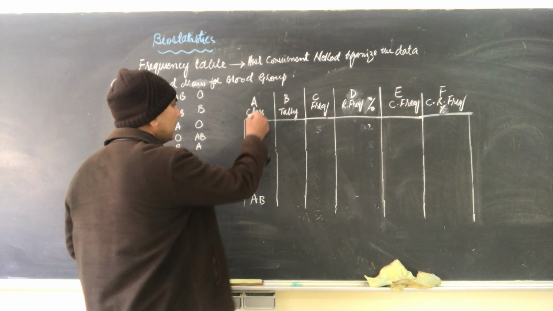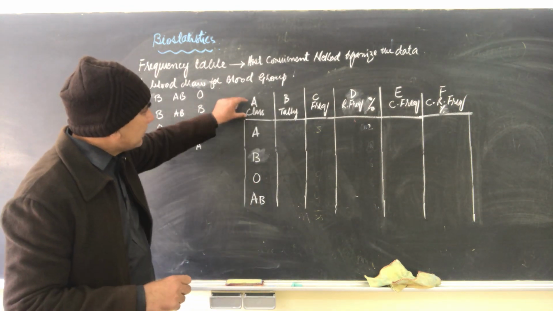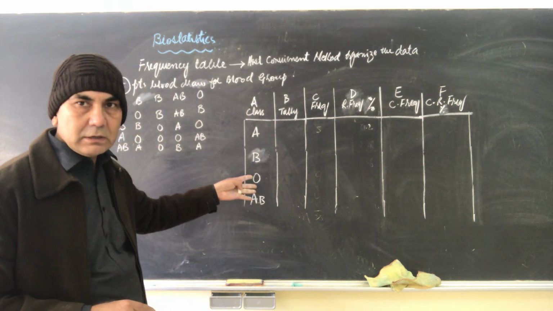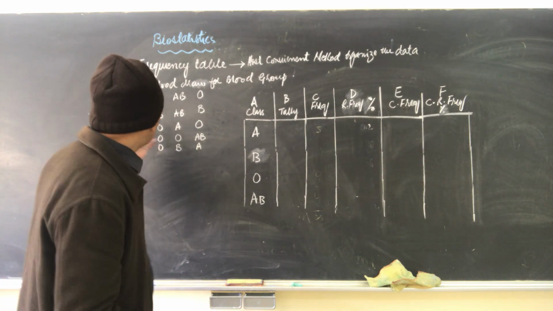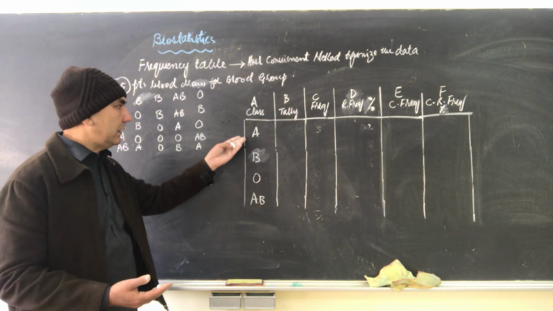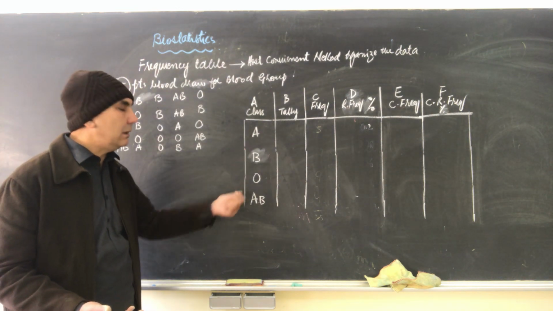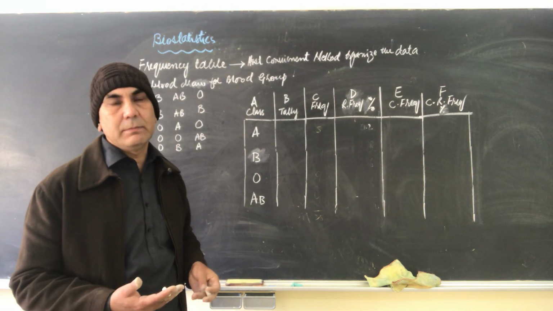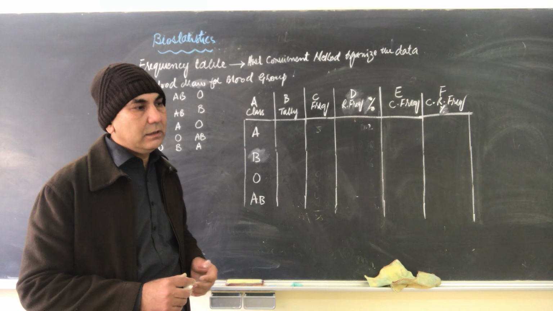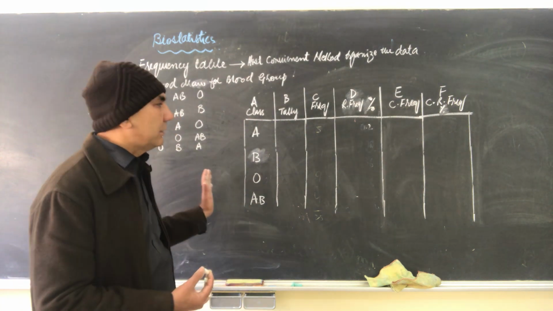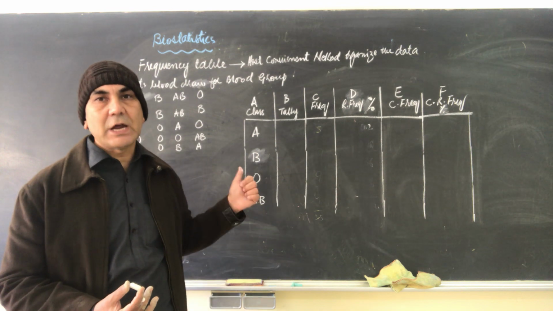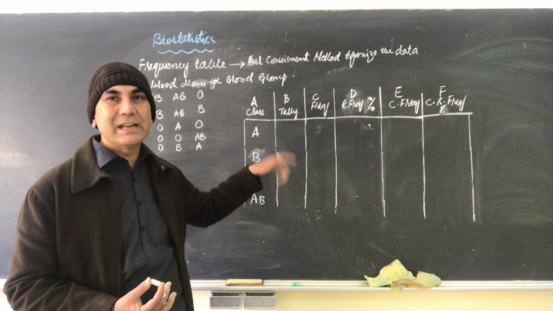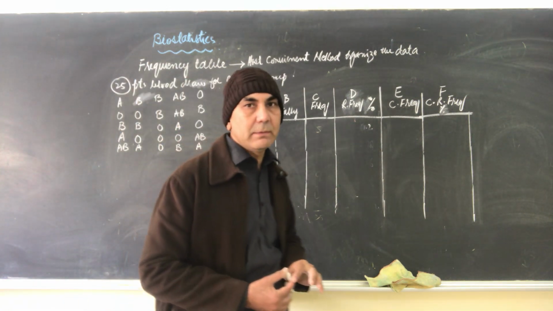In the first column of the frequency table, we will write down the classes, or the series of the data. We have 4 types of blood groups among the 25 patients: A, B, O and AB. The second column is the old method, used before computers, before people knew about numeric form: tally marking, from the old methods of mathematics.